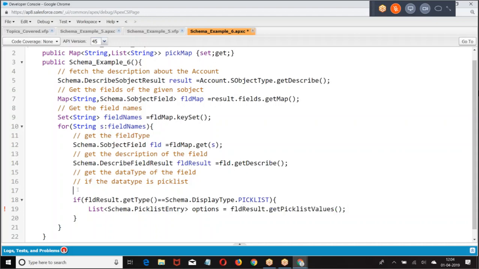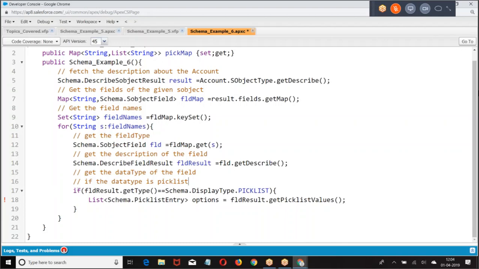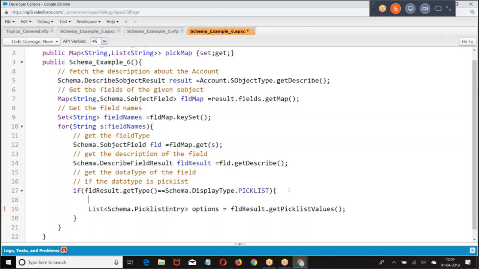If the data type is pick list, get the pick list values. Get all the pick list values.